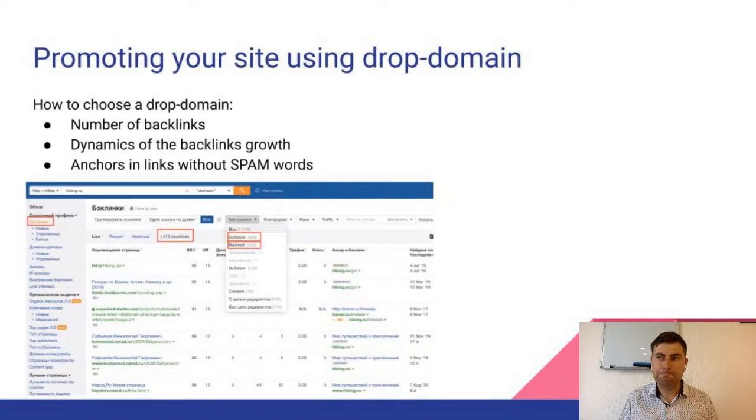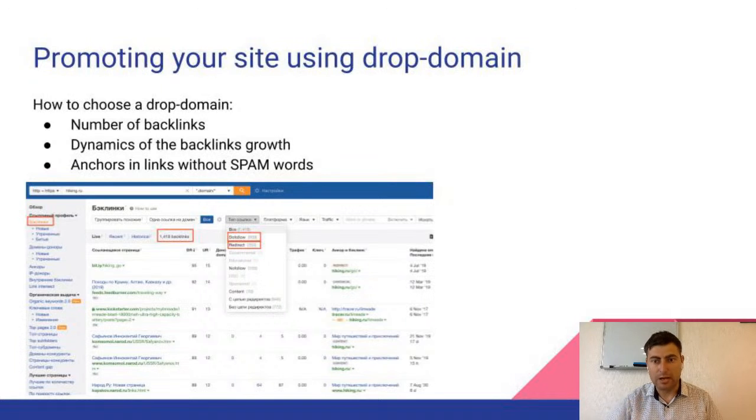So let's imagine another situation. You did not rebrand any company and you only have your own brand new website, but you can pretend and show Google that you previously had some bigger website. All you need to do is find a dropped domain, a dropped domain that is for sale, that has a good background, that has a big number of backlinks, and the dynamic of growth of that number of backlinks